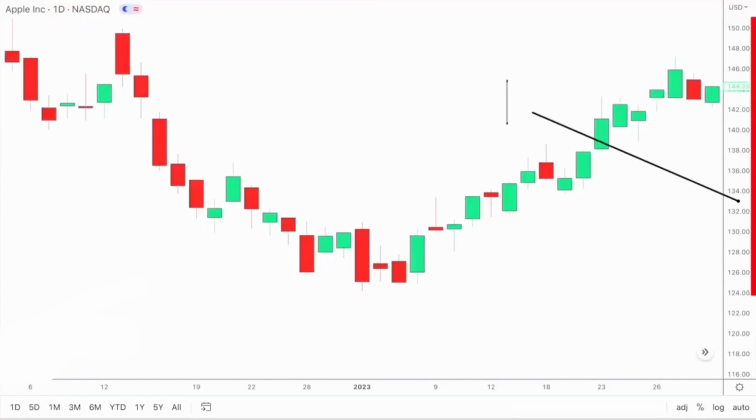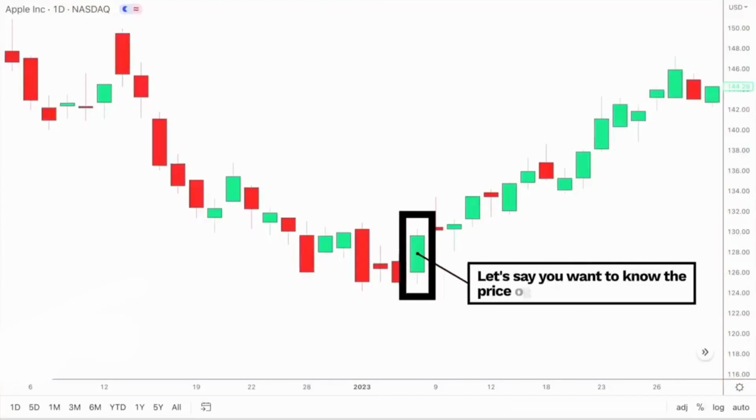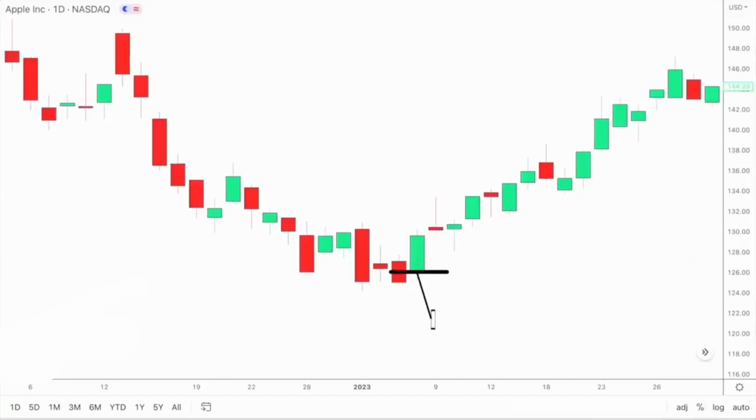Now the bar to the right tells you the price of the asset. Let's say you want to know the price of the green candle here. Remember, green candles open below at the bottom of the rectangle and close above at the top of the rectangle. So if you want to know the opening price, place your mouse at the bottom of the rectangle and notice how the dotted line connects to the scale on the right,